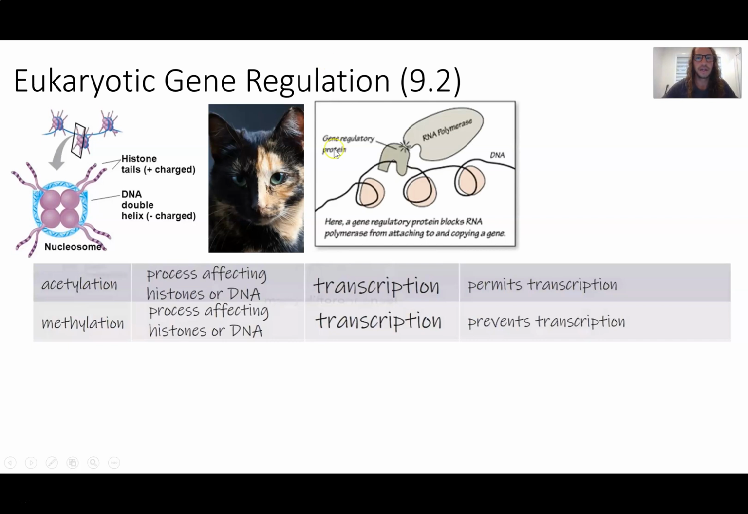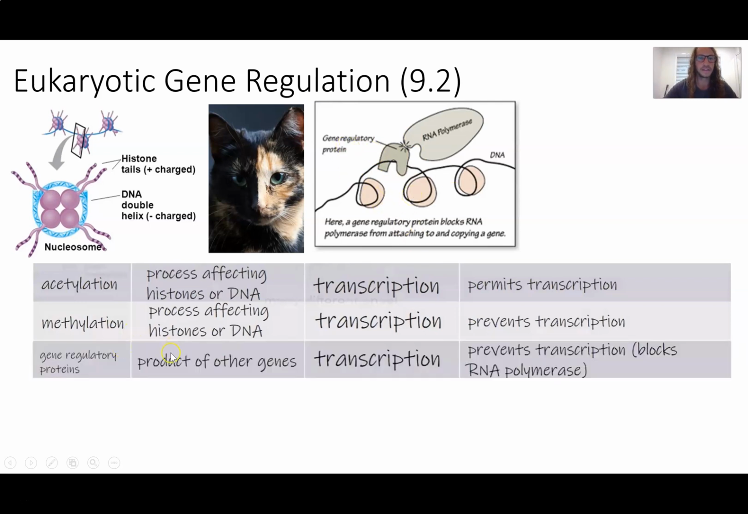So a gene regulatory protein interferes with this process. So here's products of other genes. It again happens in transcription stage, and we don't have to go into more detail than that. The QCAA learning goals simply said to identify and to recall. So if I keep moving on then,